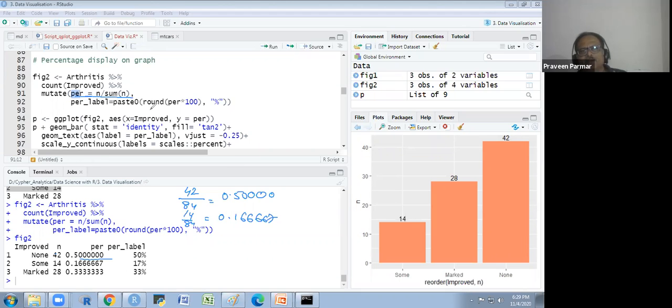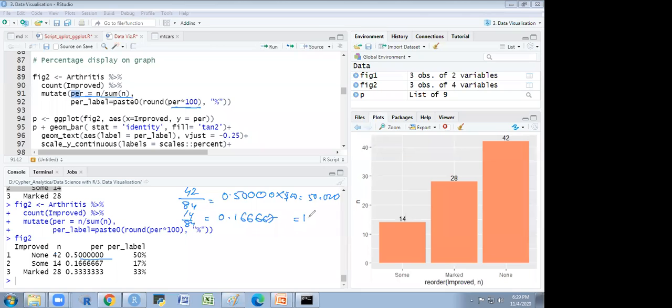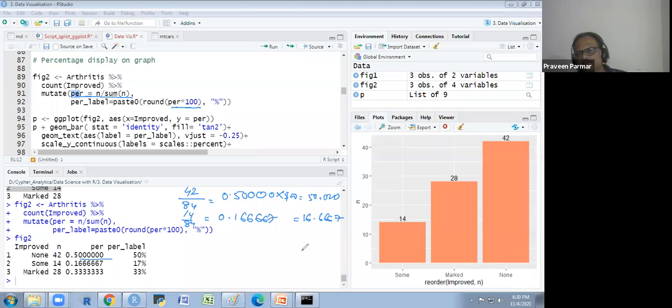Okay. Then I am multiplying this by 100. So if I multiply this by 100, what will I get? 50.000. Yes, sir. And 16.6667. Yes, sir. And then I am going to round it off.